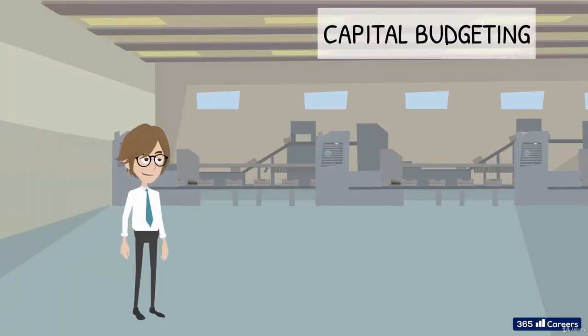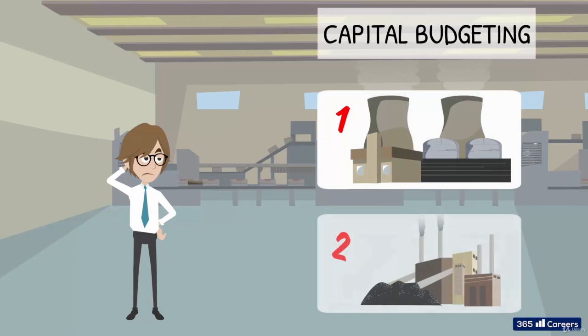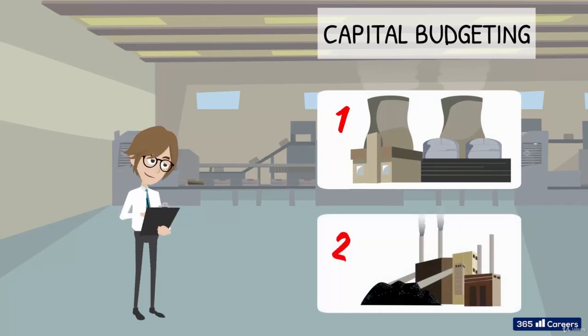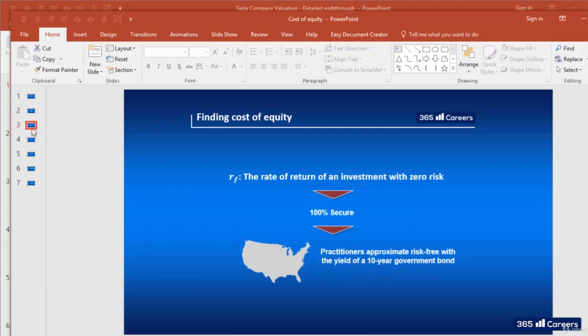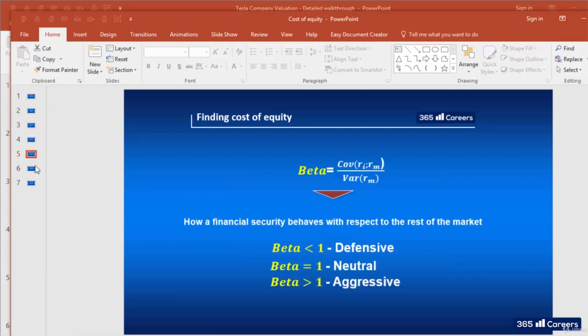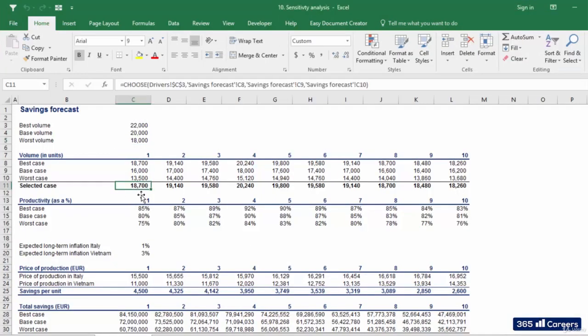Then, you will be ready to start learning about capital budgeting, the modeling technique companies use to make informed investment decisions. Capital budgeting helps firms understand whether an investment is feasible from a financial perspective. We will study the theory behind capital budgeting first, and then we'll gradually build our complete capital budgeting model containing a savings forecast,